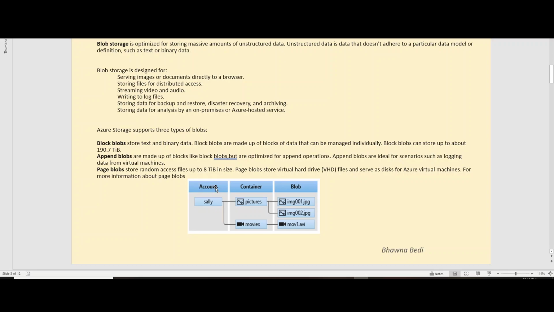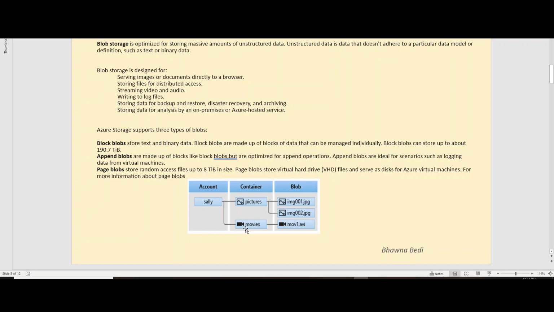Let's say I create a storage account named Sally, and inside it I'll create containers. I can create any number of containers inside an account. Inside Sally, let's say I have created pictures and movies. You can consider pictures and movies as folders, in general terms, although they are not actually folders.